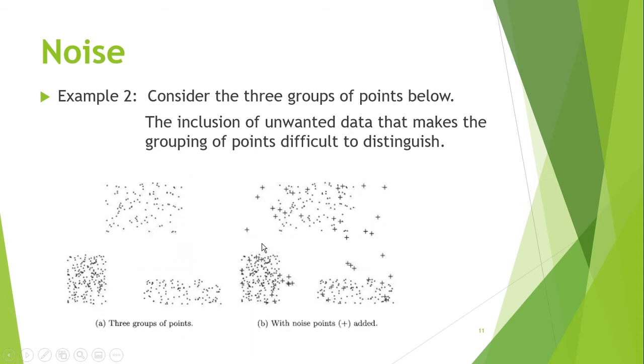Now, the inclusion of unwanted data that makes the grouping of points difficult to distinguish is shown in this figure. Look at this. Meron mga points. Actually, points yan. Nilagay lang para malaman nyo na siya yung mga noise. Now, ito. Dito ba to or dito? Or may sarili siyang grupo? Ito. May mga sarili ba silang grupo? Wala. Kalat-kalat. Hindi mo madidistinguish saan siyang grupo. Saan sila? Para saan ba sila? Okay? So, these are noise. Ibig sabihin, unwanted naman sila, hindi naman sila kasali talaga.